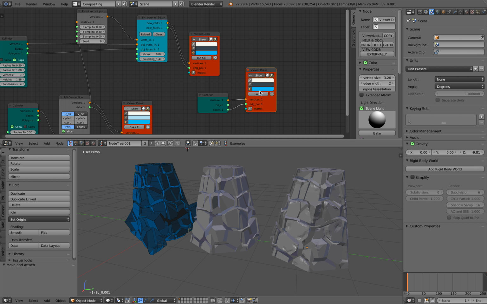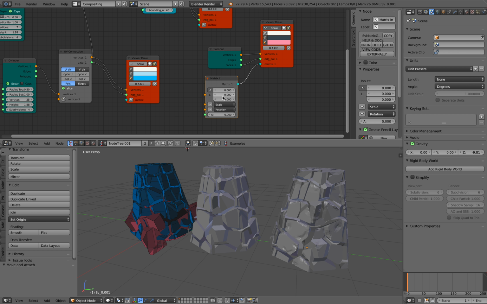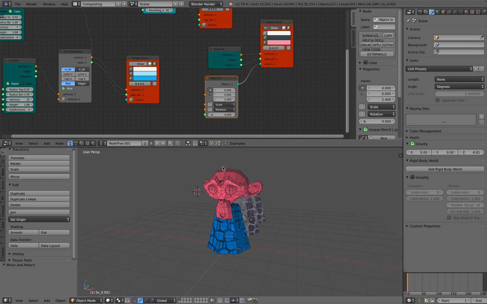give a different color, add a transform, bring it up, and scale it. There we go, some kind of burial system. Maybe print this out or turn it into